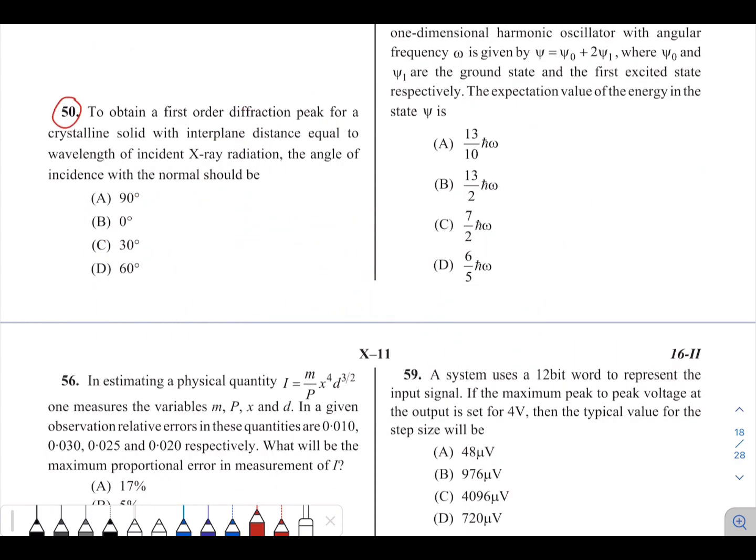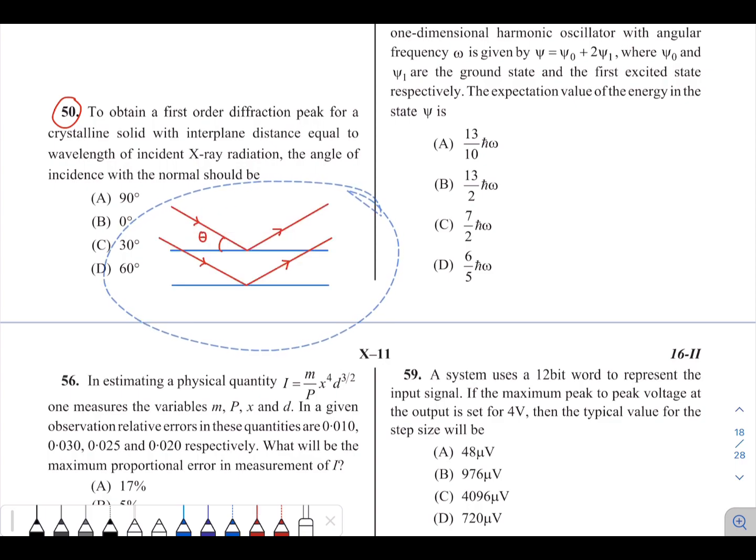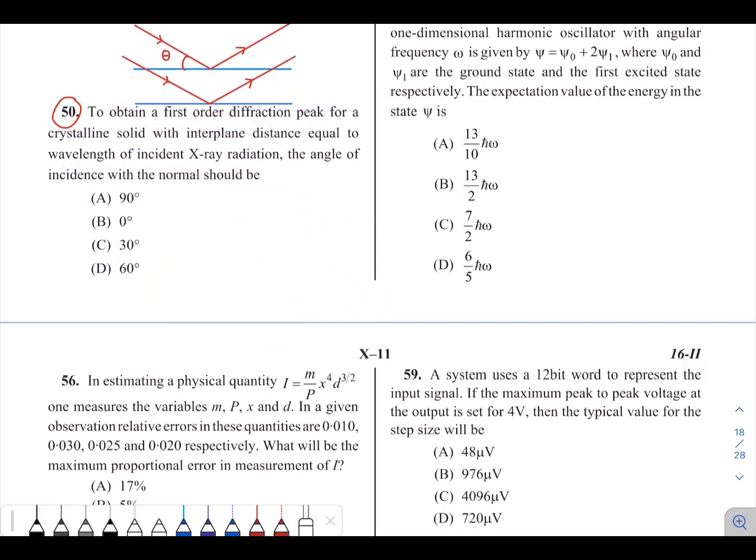Problem 50. To obtain a first order diffraction peak for a crystalline solid with interplane distance equal to the wavelength of the incident X-ray radiation, the angle of the incidence with the normal should be, so the situation is like this: the X-ray beams are incident on the solid at this angle theta, and the condition for the Bragg diffraction is 2d sin theta is